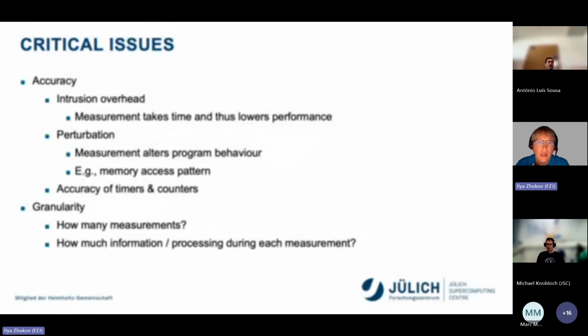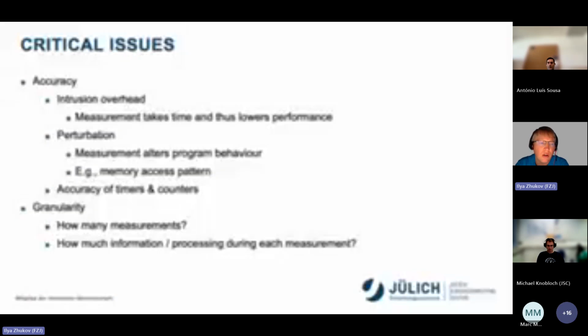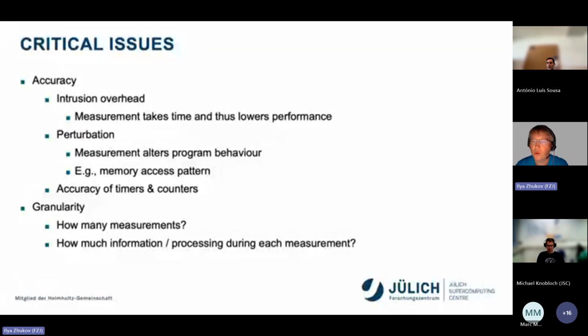Then the next critical issue is granularity. Here you have to consider how many measurements you want to run. Typically, what we recommend is to do multiple measurements with a small number of metrics rather than a single one with a huge number of metrics. If you put more metrics inside, more counters, the overhead will grow, and again there will be intrusion and perturbation of your application.